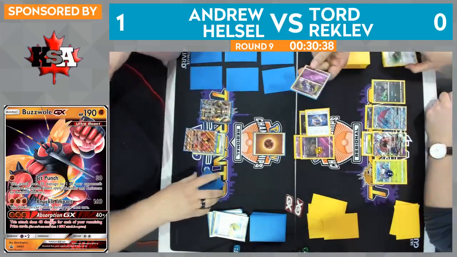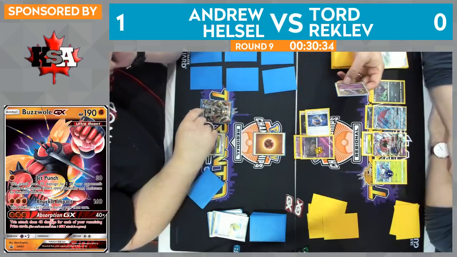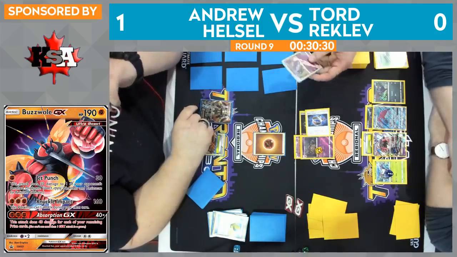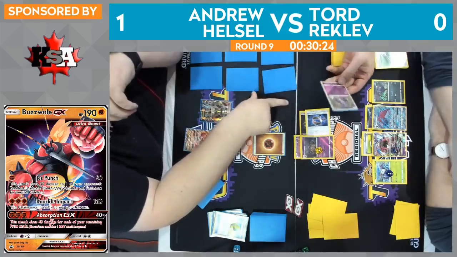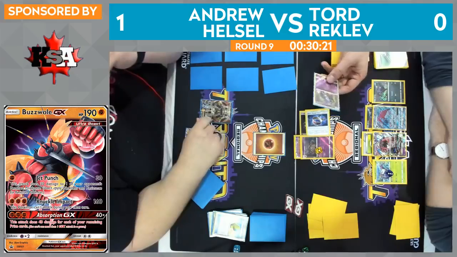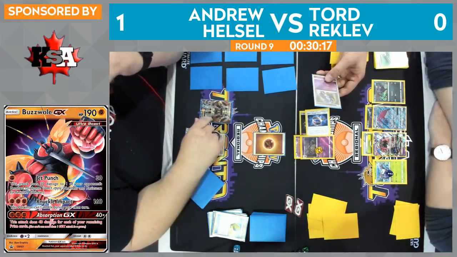Trying to figure something out here. Maybe Andrew announced the other attack, potentially? Not sure what is happening. If that is the case, once you announce an attack, you've entered the attack phase, and if you have the energy required to use that attack, you do use the attack, so that would